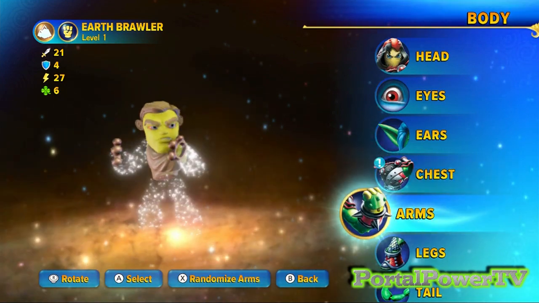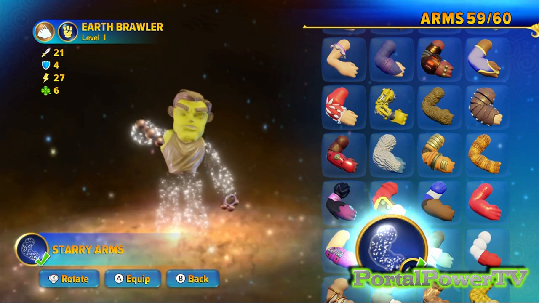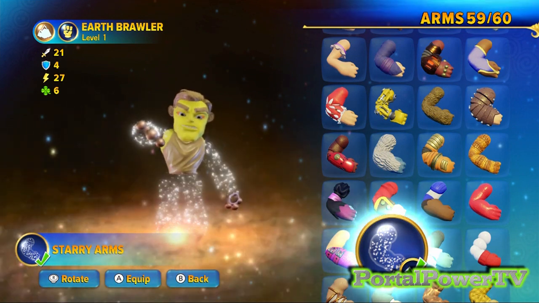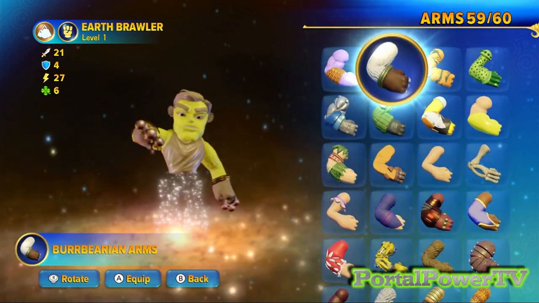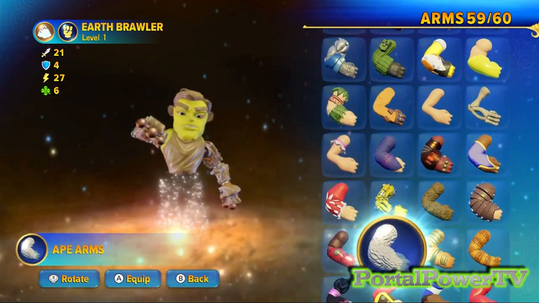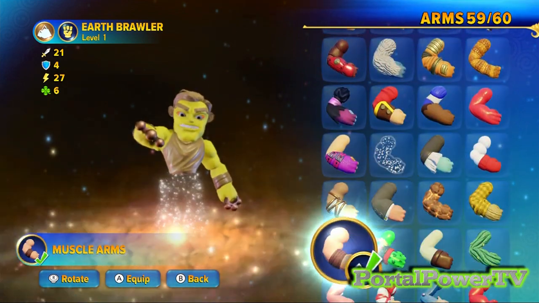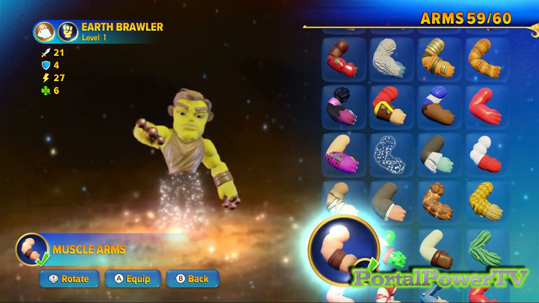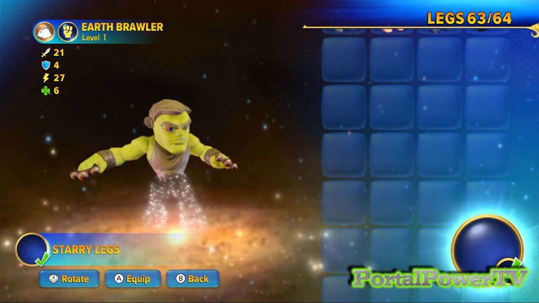But on the arms, I'm wanting to say that we just got the muscle arms. So we got to find the muscle arms. Let's start up at the top, work our way down. Bing, bing, bing, bing. Boom, right there. Muscle arms. Yeah! Because the Hulk's got big muscles. And legs. I think the legs...